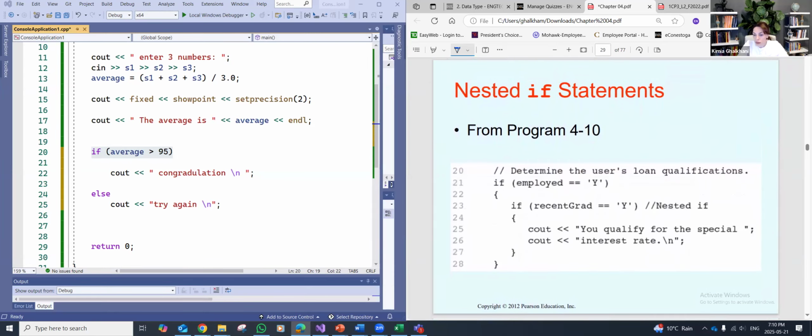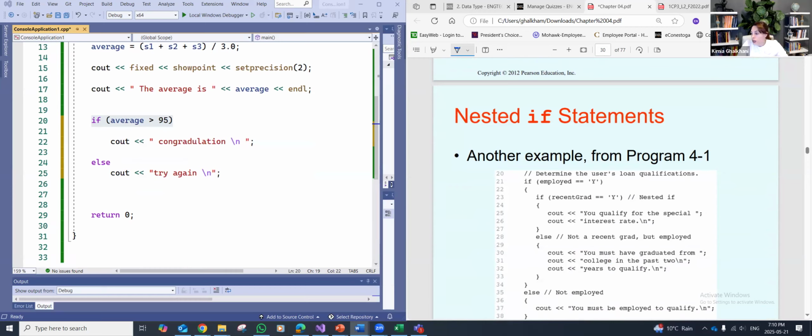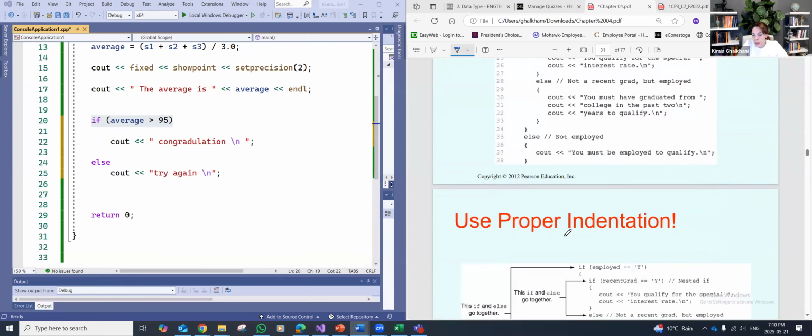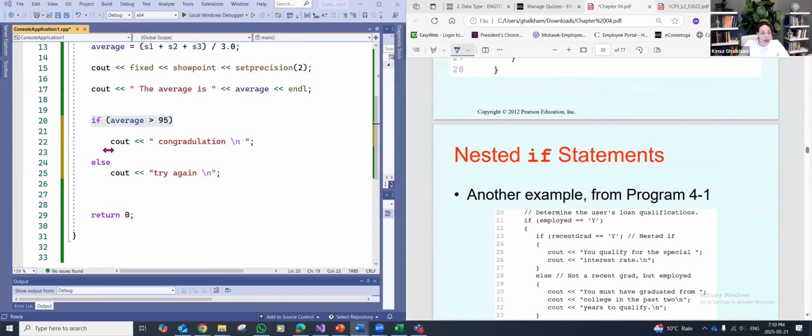So let's just look at the full program. To make it easy, I'm going to keep this simple example that I have. I already created one: if average is like that, then I said else. Or I can just create the one in here for you, which is this program. So I'm going to say if employer